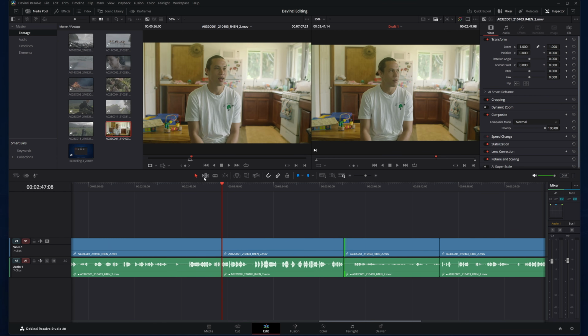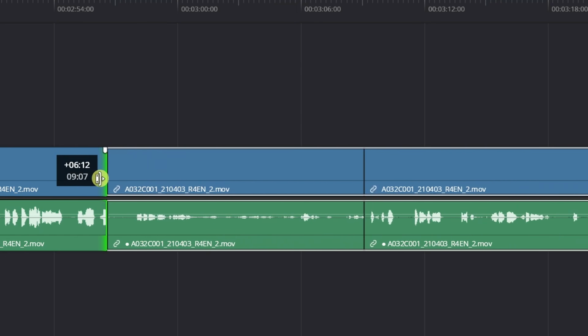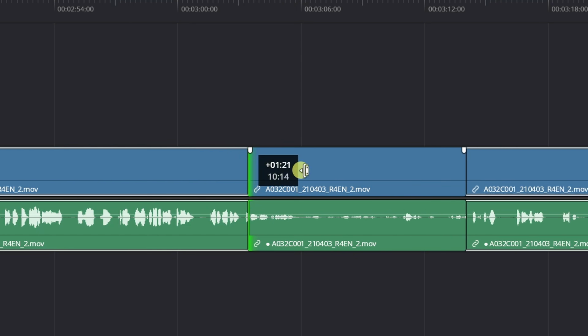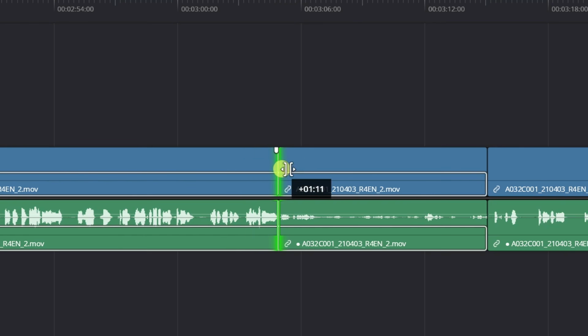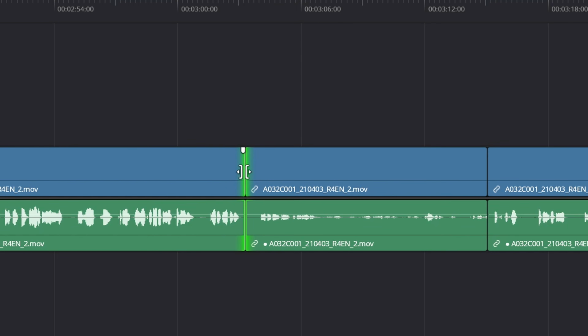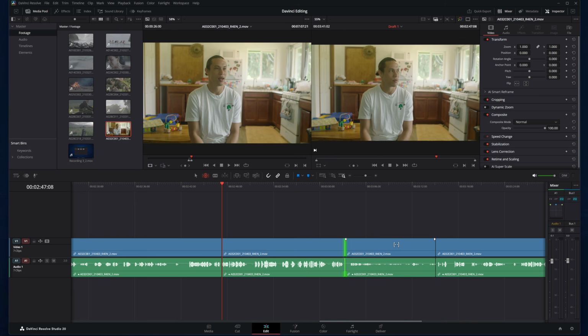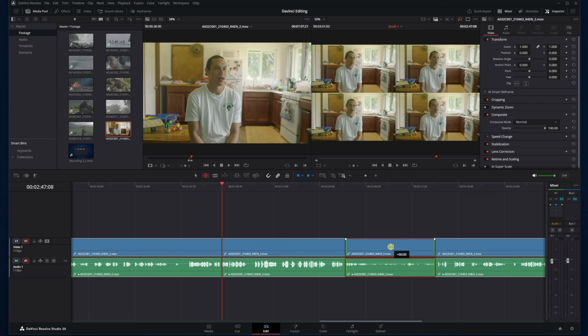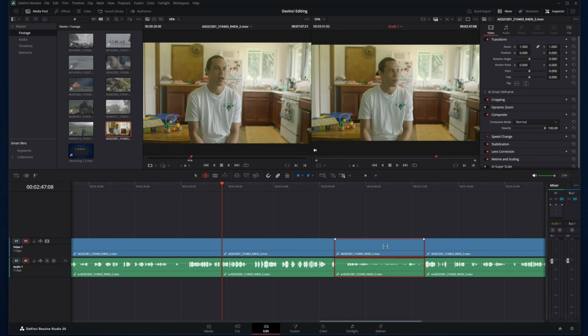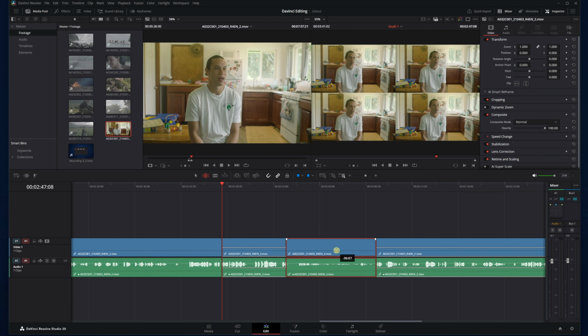You can get to that by hitting T. Now, if I do the same thing in this mode, it doesn't create dead space, but ripples everything as it cuts, although this still behaves the same. You'll notice if we hover over here, you're going to see this cursor. This will move the footage within your clip space, changing the in and out points. And you can see previews of those in and out points in your timeline viewer. If we mouse down a little bit, this will move your clip in your timeline.